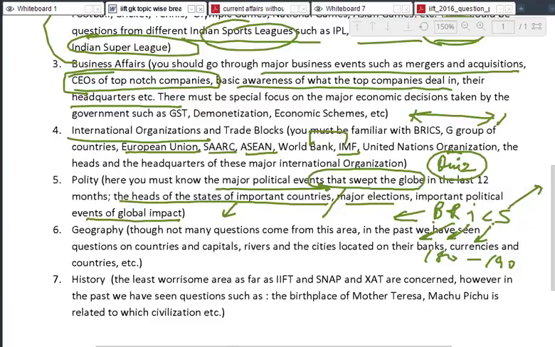So from South Africa, we had Zuma. From China, we had Jinping. From India, we had Modi. From Russia, we had Putin. So there might be a match the column question, you know. Pick the BRICS leader and the respective head of the state. Are you getting my point? These are major nations, and you must know the heads of these nations.